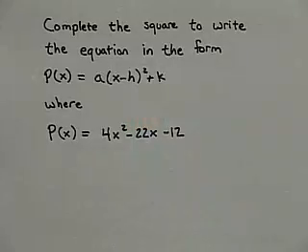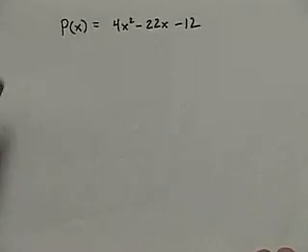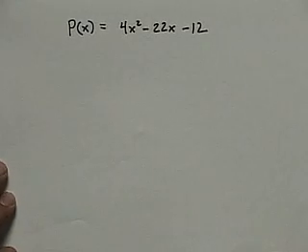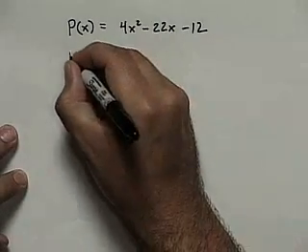Here we're asked, complete the square to write the equation in the form p of x equals a times quantity x minus h squared plus k, where we're given that p of x is equal to 4x squared minus 22x minus 12. So, following the steps we just reviewed, the first thing we need to do is divide both sides of this equation by 4. So that would give us p of x over 4